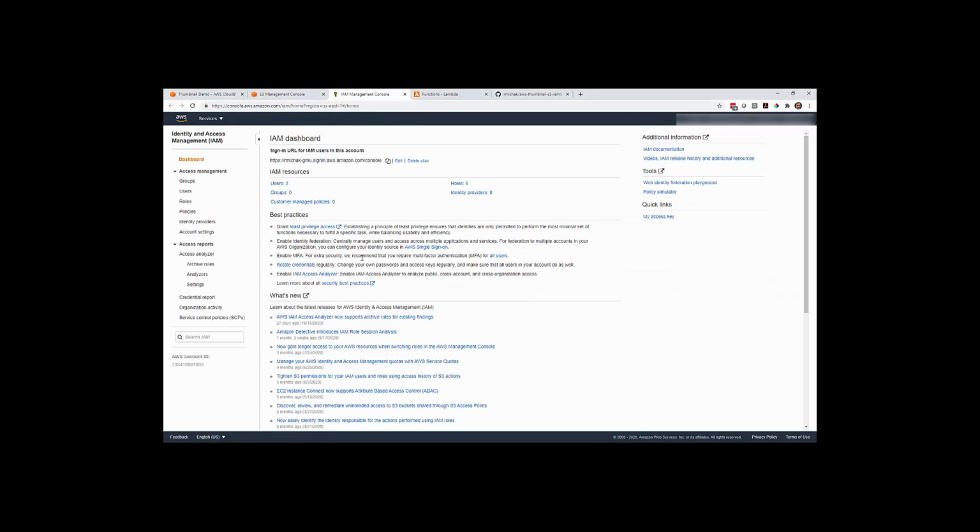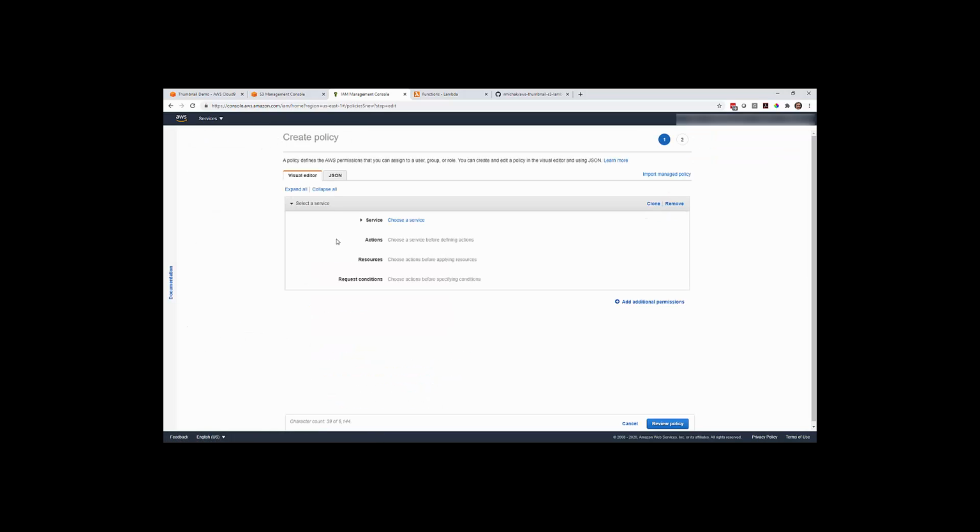All right, so we're going to jump over here to IAM, and the first thing we're going to do is create a new policy. This policy is what we're going to use to specify what resources we need to have access to as part of executing the Lambda function. You can use a visual editor, or if you prefer, it's a little easier if you use the JSON